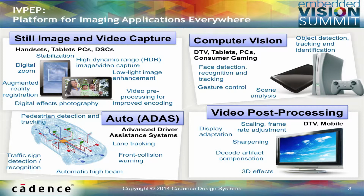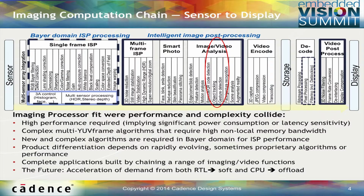And our ultimate goal is to create platforms where the creativity of a wide variety of developers can be focused on optimized silicon solutions that allow people to get those new kinds of applications into the market very quickly and have them work in everyday mobile battery-operated systems. So energy keeps coming up again and again as one of those places where we're just going to get very passionate. But let's look at the total imaging chain, because one of the things we find is that the